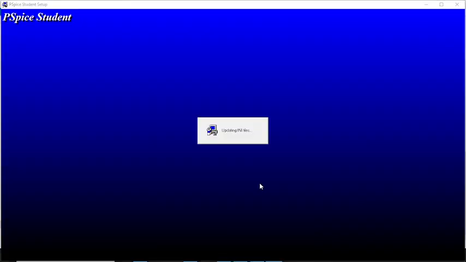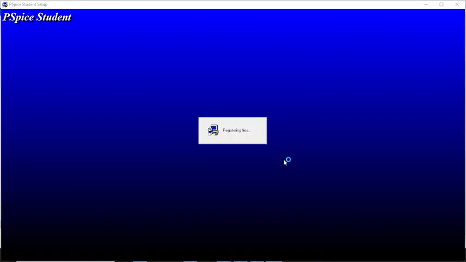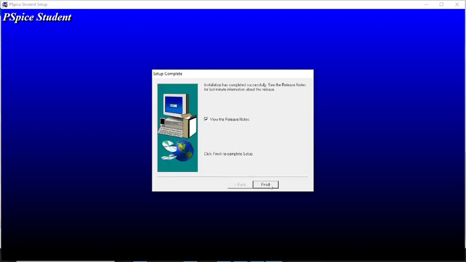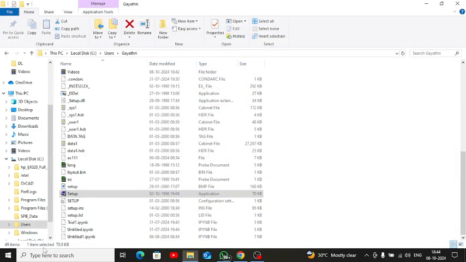It's just copying down the PSpice files and asking for the registration. Click OK. The files are being rendered and click on finish. Now the release notes will open up. Okay, just close it. If you want to restart the system, you can do it once, or just type in